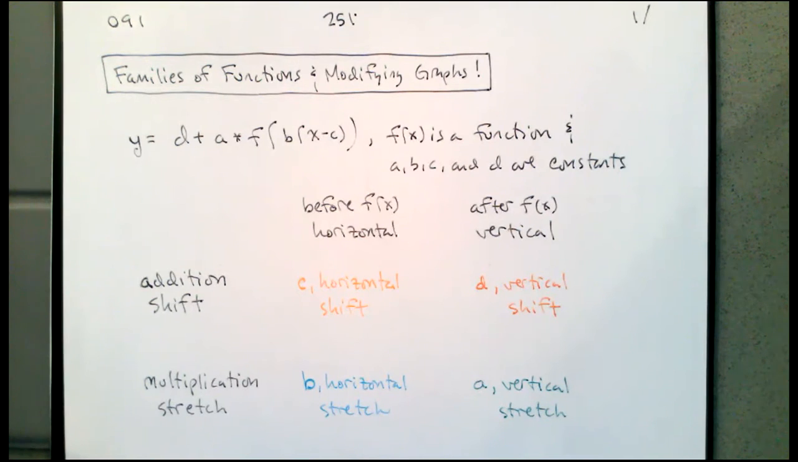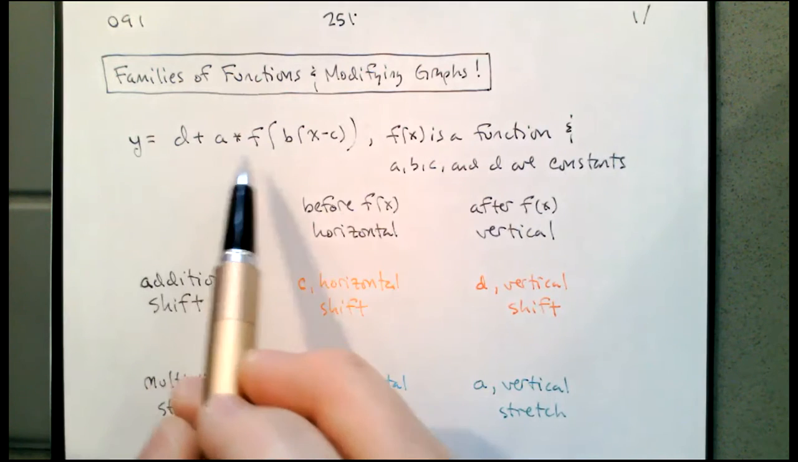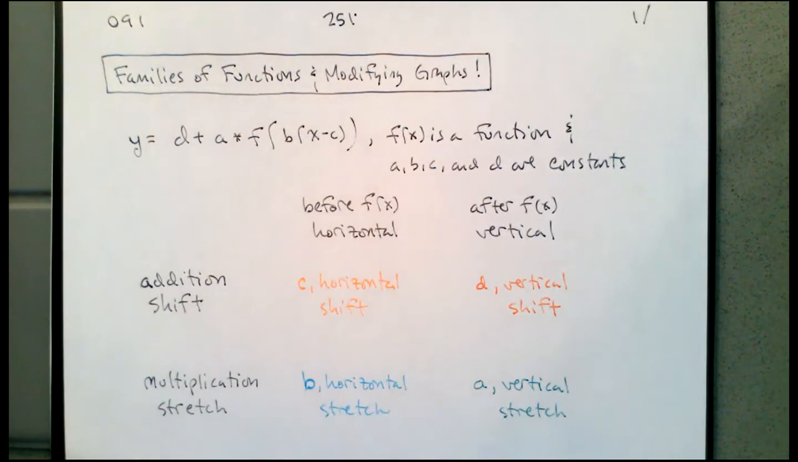Now, the addition or multiplication can be either applied before or after the function. So if we look at this function, y equals d plus a times f of b times x minus c, we have each of the four modifications where f of x is a function, and a, b, c, and d are constants. If we think about the order of operations, like plugging something in for x, the first thing that